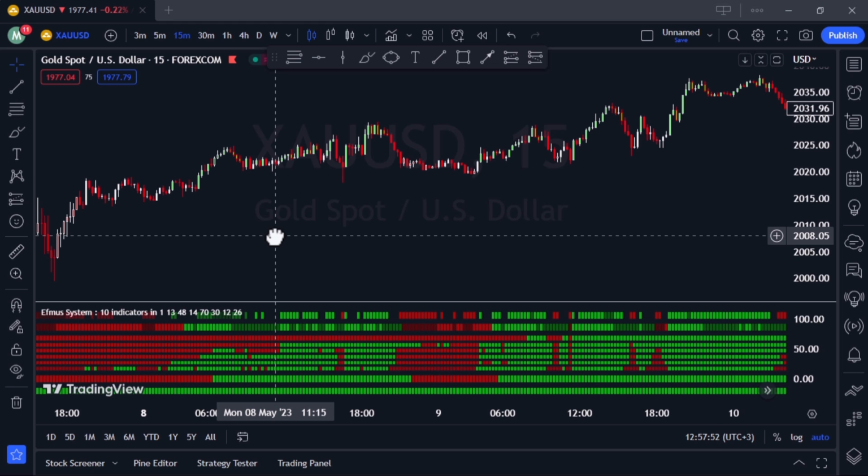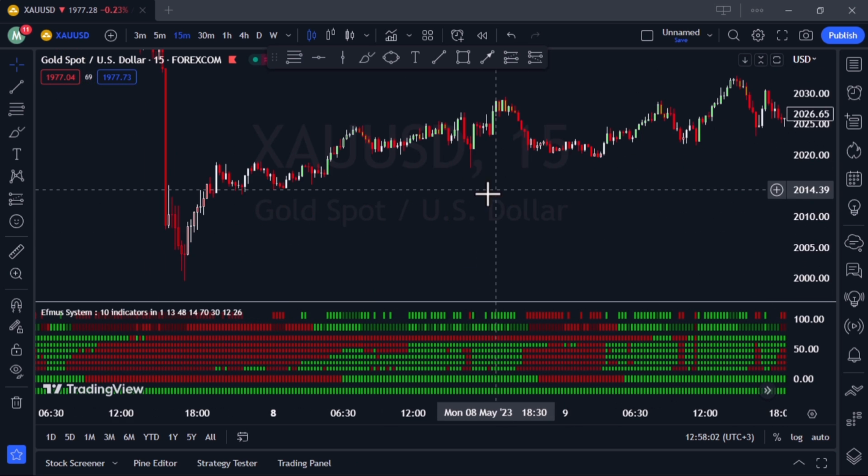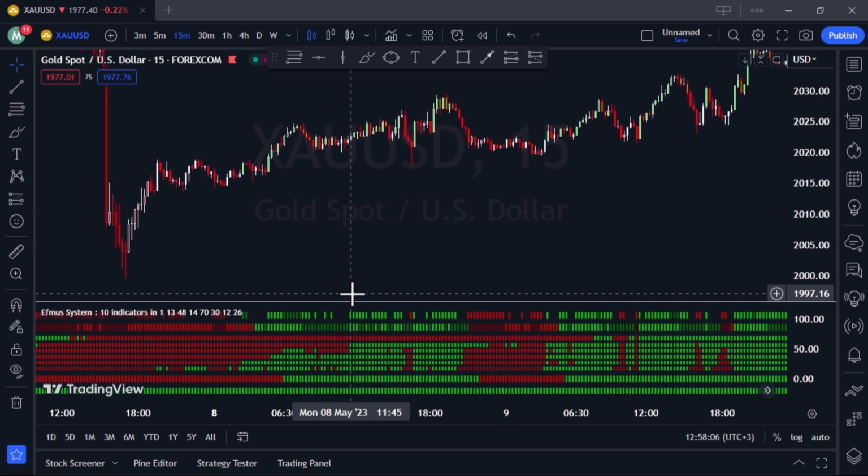I don't want to waste your time right now, but if you are already into trading and you know what I'm talking about, if you enter a trade right at this point here, after all of them turn into green, you have to put your stop loss somewhere around here at the latest swing low. And for your